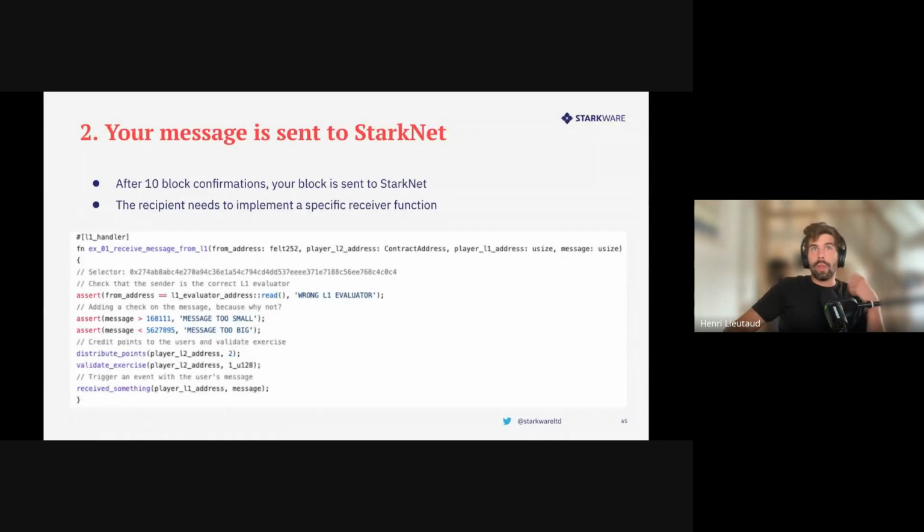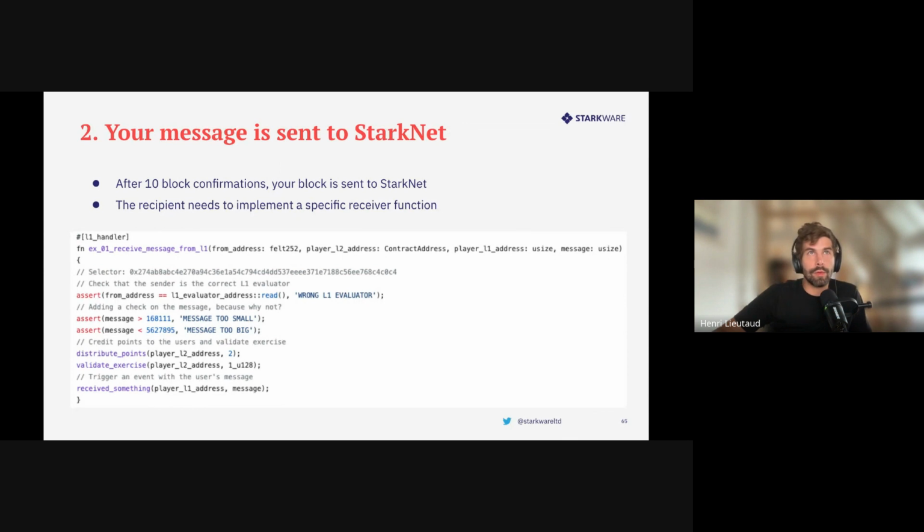All right. So what does an L1 handler look like? It's basically a function, but it has a special decorator saying L1 handler, and it has to have a few specific parameters. For example, I think the first parameter needs to be from address. So you need to tell who is sending that message, and then you can add whatever you like. That's just an example here. So here, for example, my function just verifies that that from address is a specific address, but you can receive messages from anyone you like.